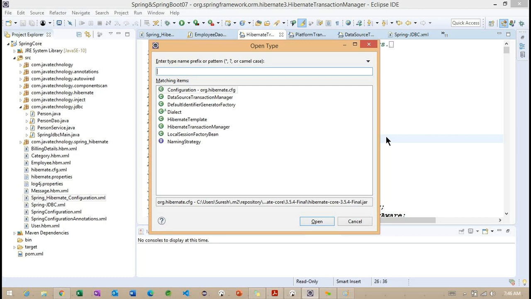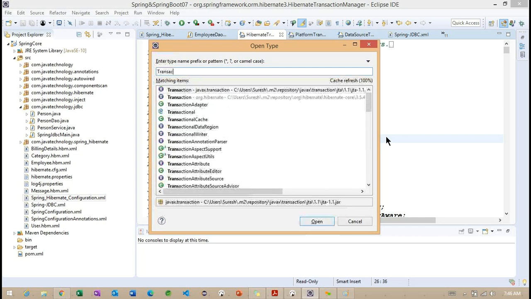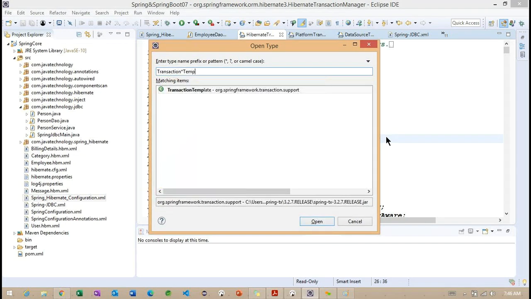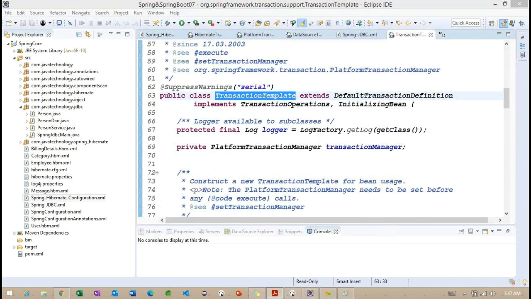First we'll try to work with programmatic, later we can move on to the declarative transaction here. So to work with a programmatic transaction here, first what we need to do? We need to work on the template here. Transaction template here. Now you can see we are having a transaction template here. Getting the point. So this particular transaction template is going to play a very important role here. Using this particular transaction template, we are going to work on the programmatic transaction here. Okay. Now let me enable this particular transaction template here.